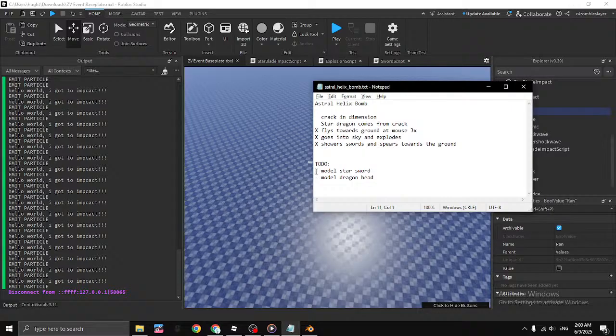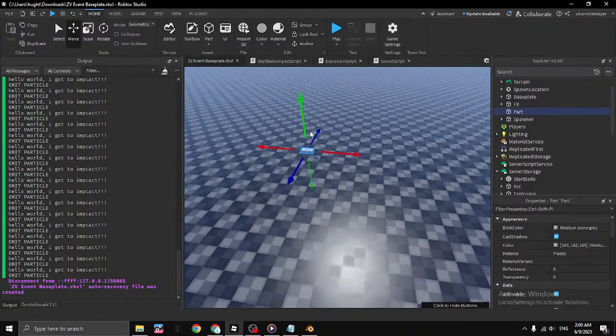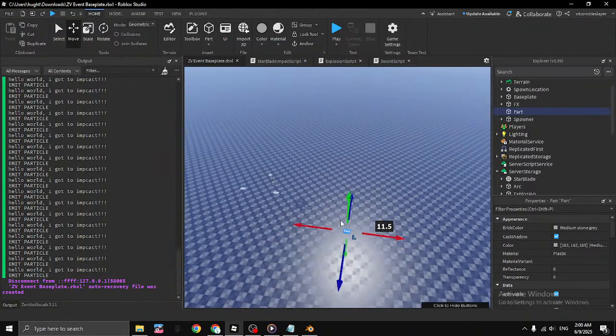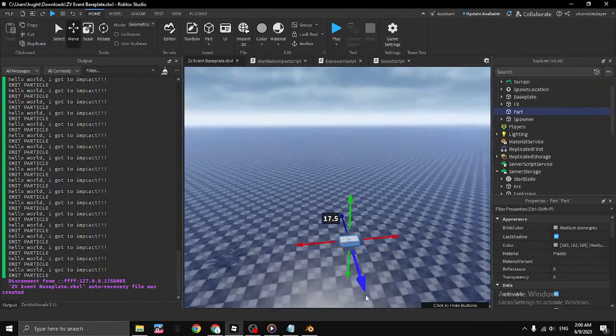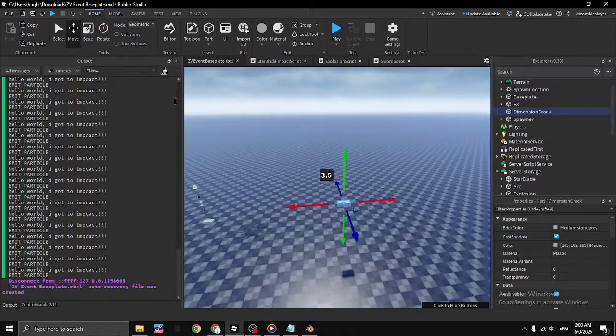So we've already done this. We've modeled the star sword. Star dragon comes from crack. Let's do that actually. Let's make the dimensional crack. Okay, so let's pull out a new part. Make it kind of float in the sky. Let's call it dimension crack, and then let's start putting in